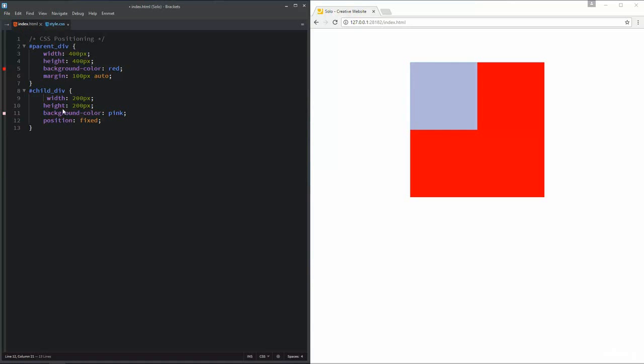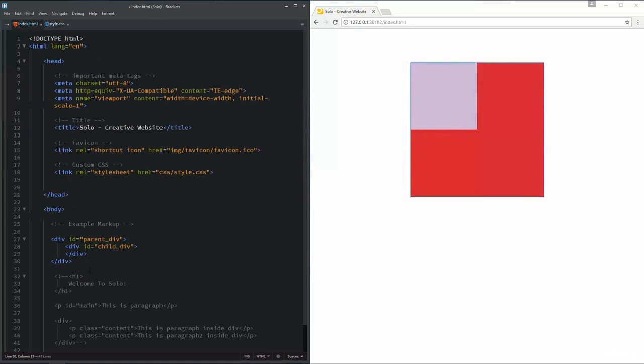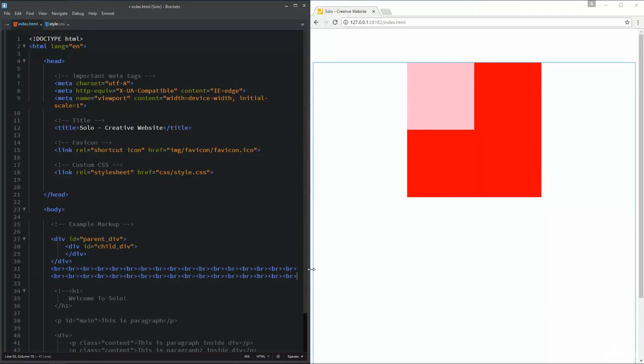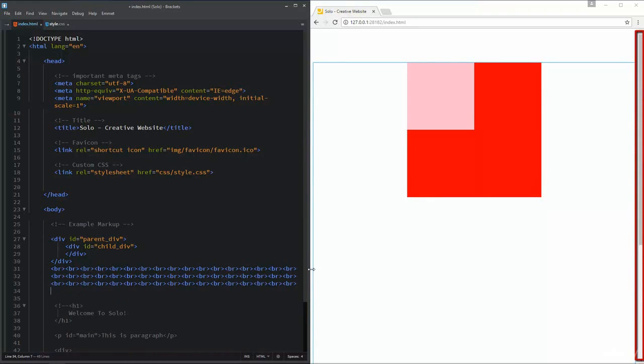I'm going to the index.html file, and under these boxes I'm going to add some space, and for space I'm going to use the HTML break element. This break element basically creates a break. I'll duplicate it. Okay, now we can see the scrolling for this web page.